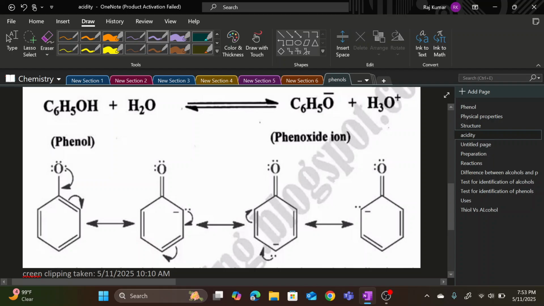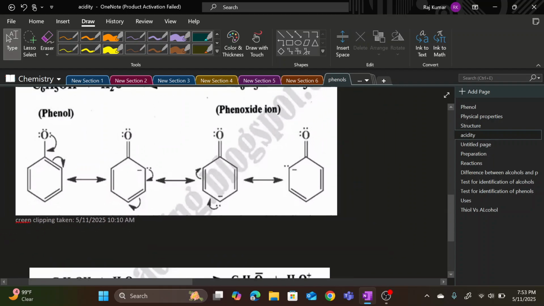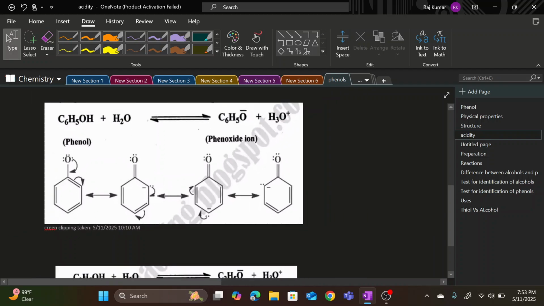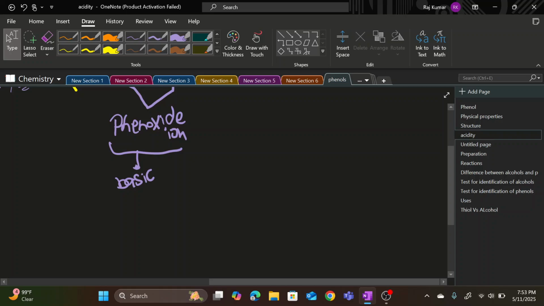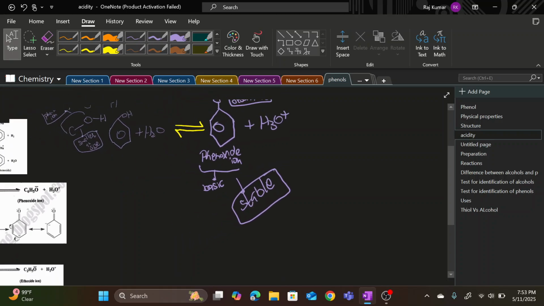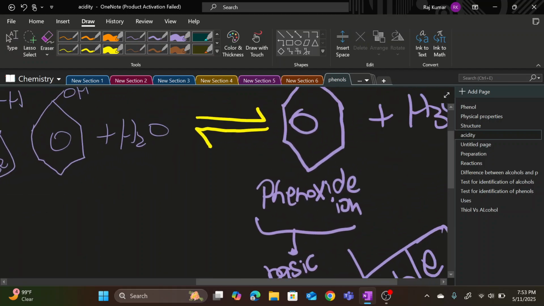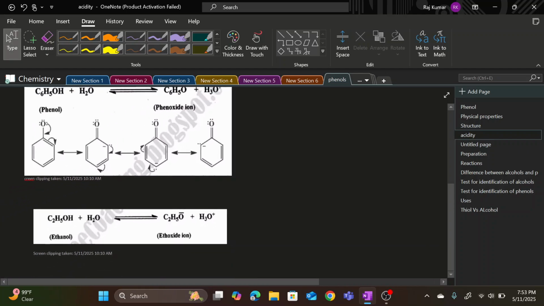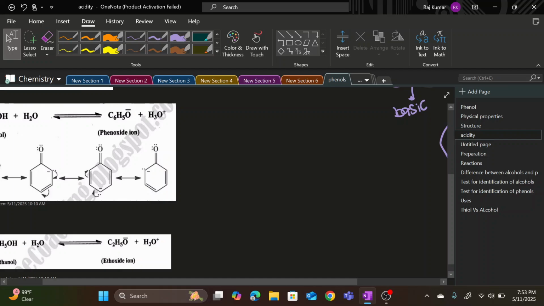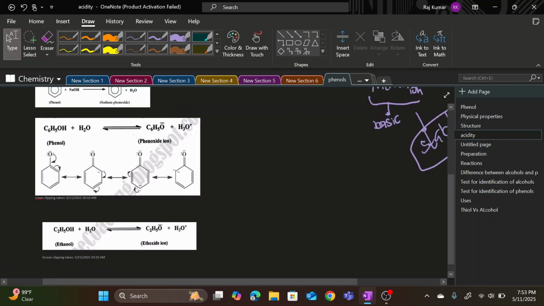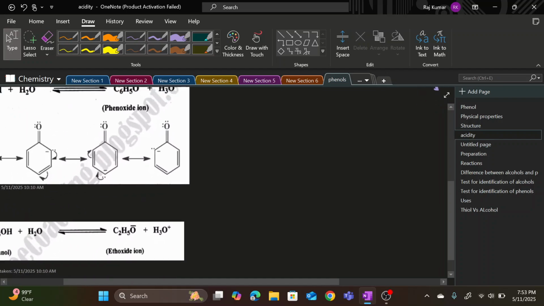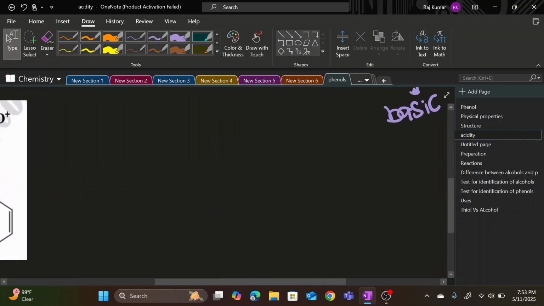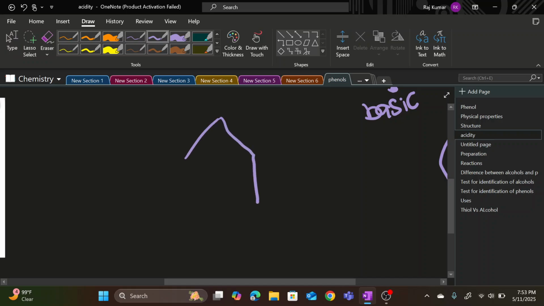As you may see, there are around 4 resonance structures, and actually there are around 4 to 5 resonance structures, which make it a pretty stable ion, and because of resonance it is very stabilized, right? It is very stabilized. So we have understood when there is a stronger conjugate base, there is a weaker acid. So because of the stronger conjugate base, there should be a weaker acid, and